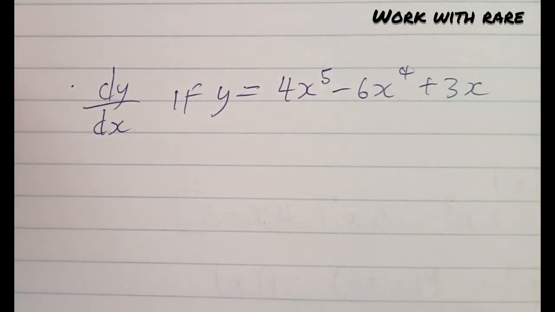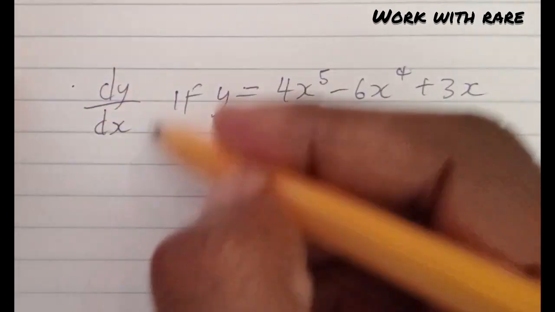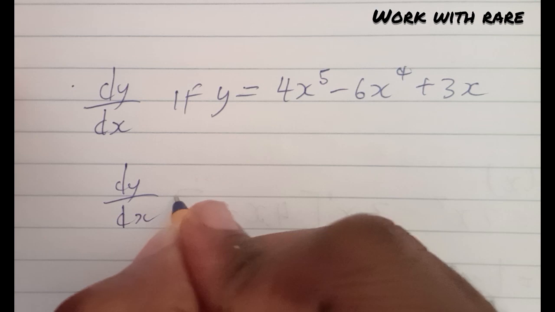This one is 3 marks. When you answer this question, don't forget to include this. So you'll say dy over dx is equals to